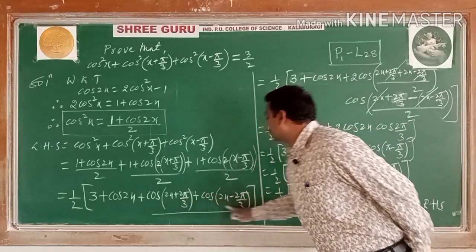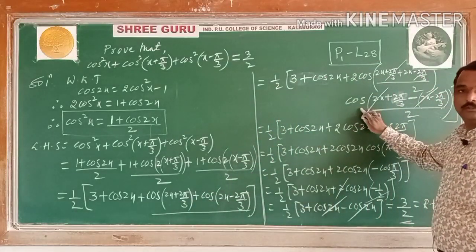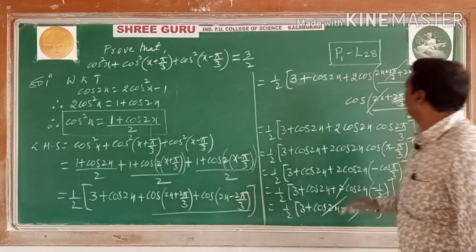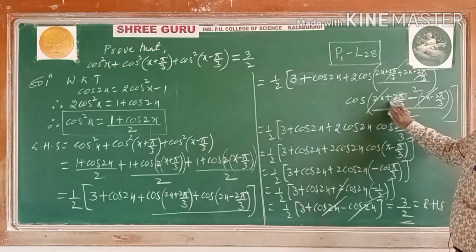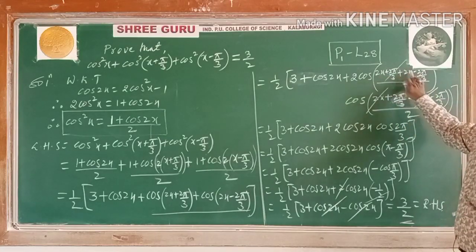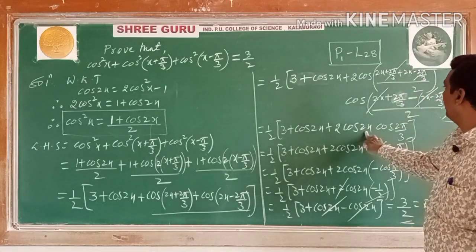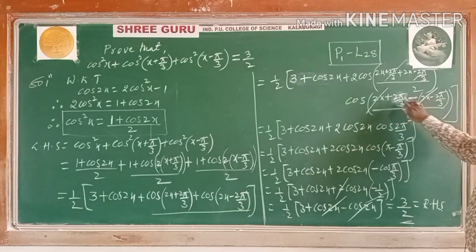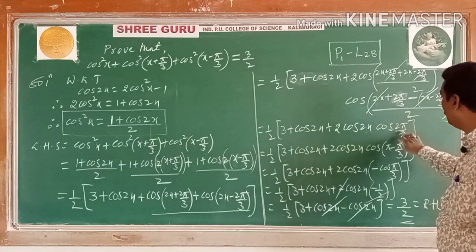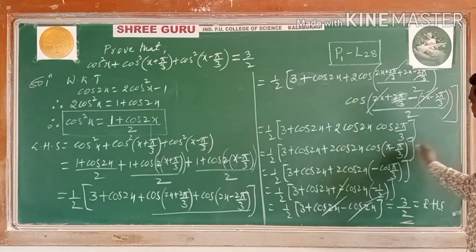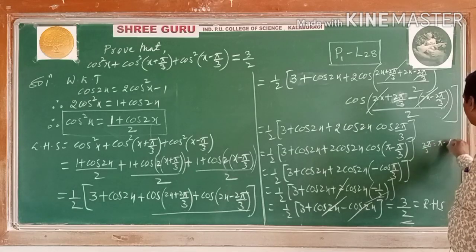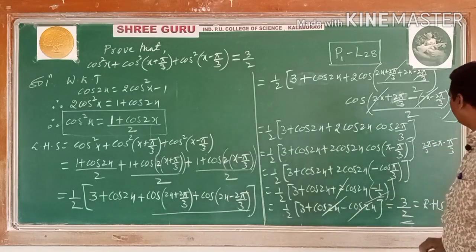And we have applied for these two terms cos C plus cos D, both cos. We have applied cos C plus cos D for both the terms here. C plus D by 2, C minus D by 2. Simplified here, 2 pi by 3 minus 2 pi by 3 get cancelled. 2x plus 2x, 4x by 2, it is 2x. Here 2x and 2x get cancelled. Minus minus plus 2 pi by 3, 2 pi by 3 plus 2 pi by 3, 4 pi by 3 divided by 2, 2 pi by 3. 2 pi by 3 is written as pi minus pi by 3.